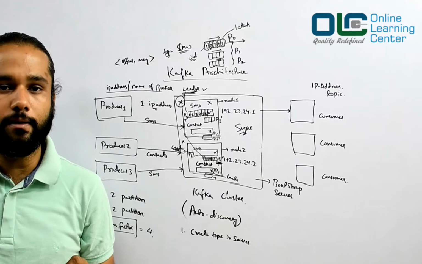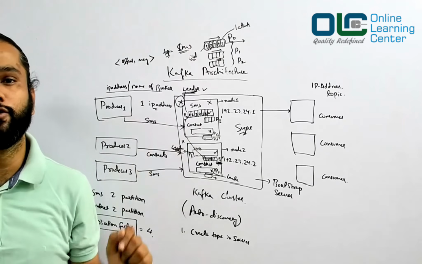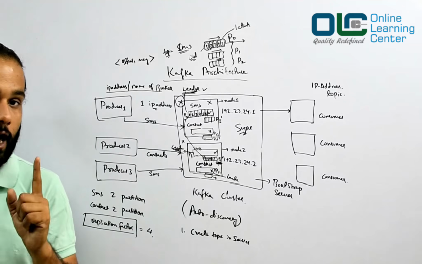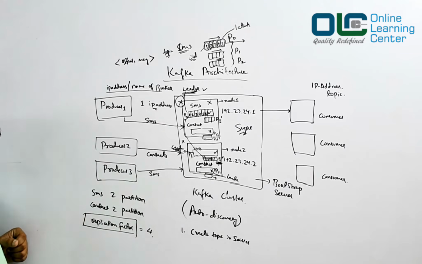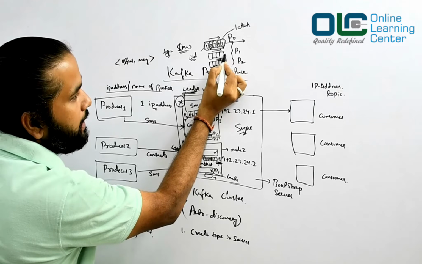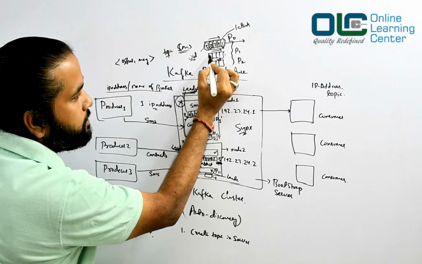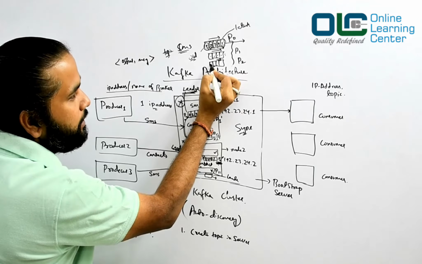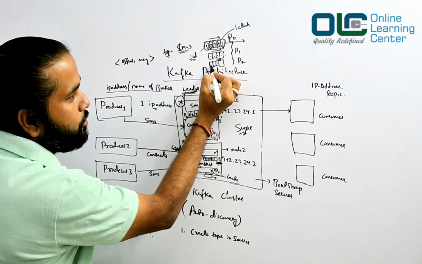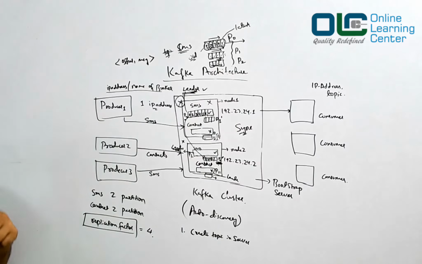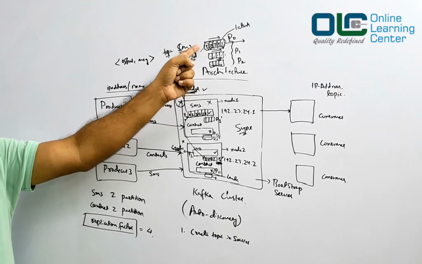As the message arrives, it will be written into this array, and that's how Kafka can guarantee you the order. In this partition, the message would be written first here, then here, and then here. Similarly, in partition P2, the data would be written here, here, here, and then here. So the order within a partition is always guaranteed. However, you cannot guarantee the order across all these three partitions together.